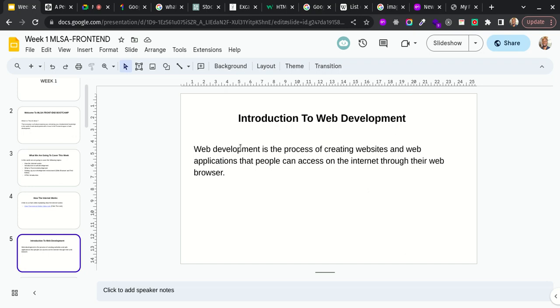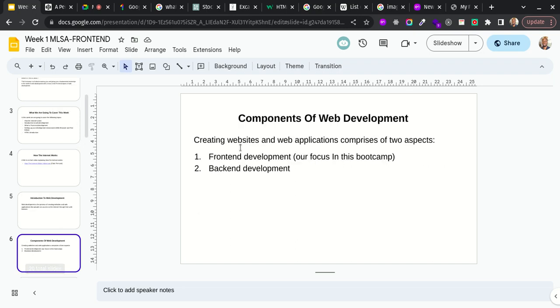I talked about the introduction. All we're doing in web development is creating websites and web applications for people to be able to use through the internet. And I also talked about the types of web development we commonly find in the field. I talked about the front end and the back end, and our focus in this book is the front end development